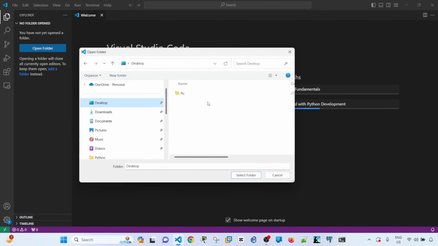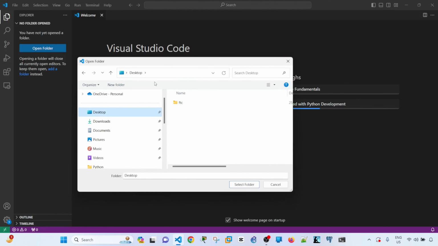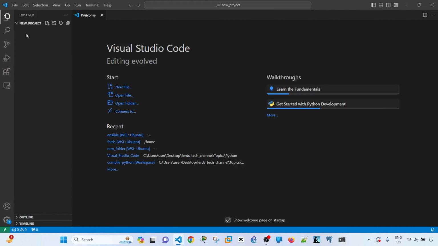And then I have this Windows dialog box. From here, I can create a new folder. So I can name this folder new project, for example. And then I can just select it and select folder, and that will create a new folder or project,